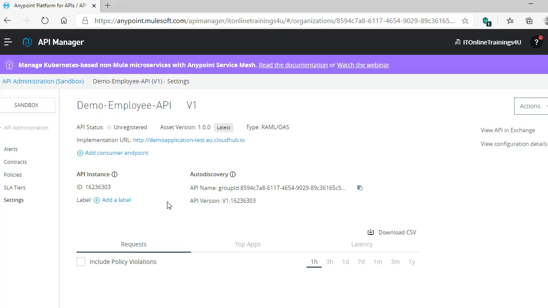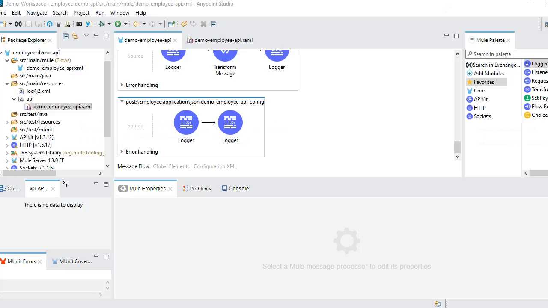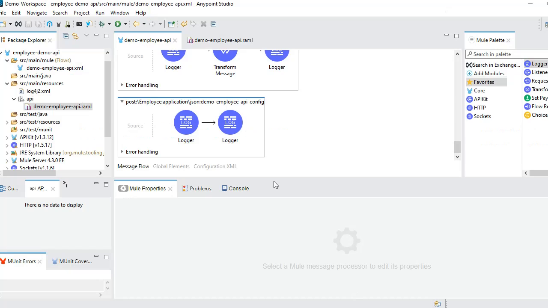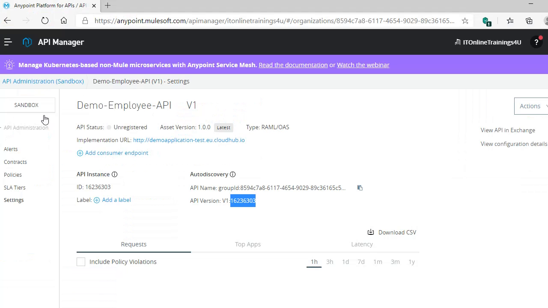What we can do is take this API ID and add that API ID as an auto discovery element in our application. Once we deploy this application into Runtime Manager, that will activate this API. Then the API status will become active, so that on top of our implementation, we are good to apply policies through this API. That is why auto discovery comes into the picture.